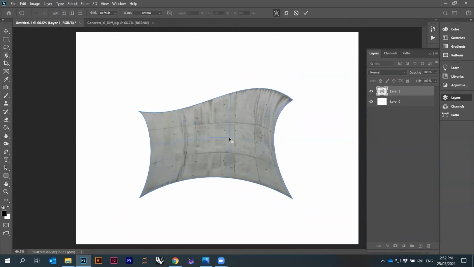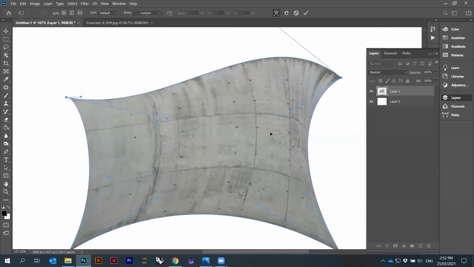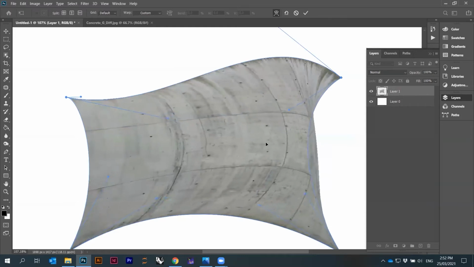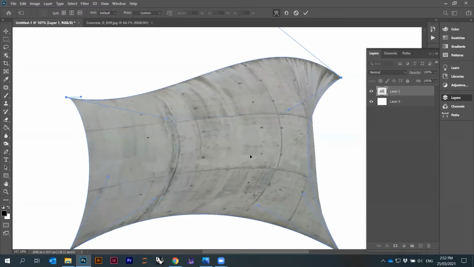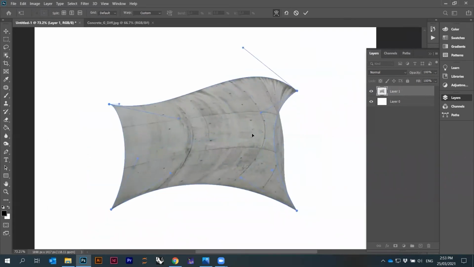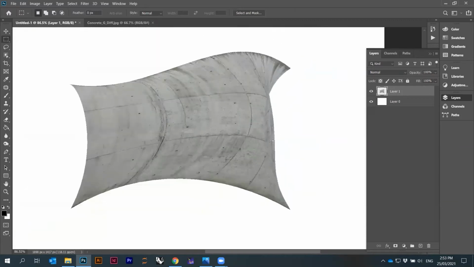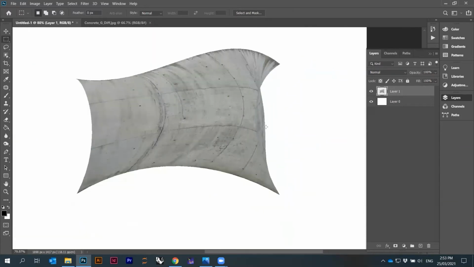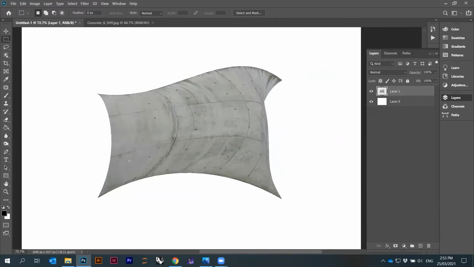If you have outlines, then you know how it looks. You see, I can make it look like it's a little bit curved. But you have to be very careful with that. Okay, like that, and then you can start